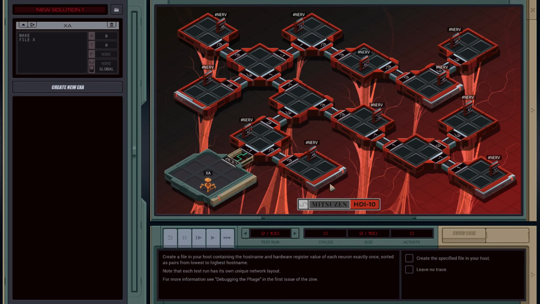But this is clearly a graph traversal problem. We just need to implement depth first search using a stack, and then map that back onto the mechanics you have available in the game, which I think I've done successfully.